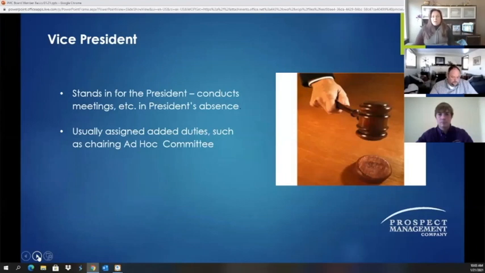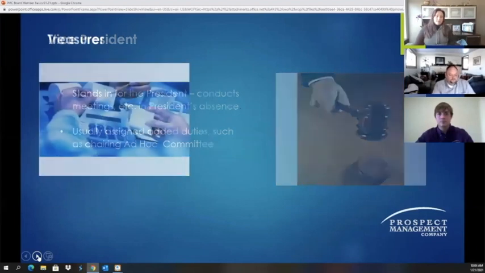If you don't know what an ad hoc committee is, those are committees that are formed for a specific purpose, like if you're planning on revising your governing documents, or say you've got a special landscape project or some type of special initiative within your community. That is why you would form an ad hoc committee. Talk to your manager more on what ad hoc committees are and how they can make the workload of the board a little bit lighter.